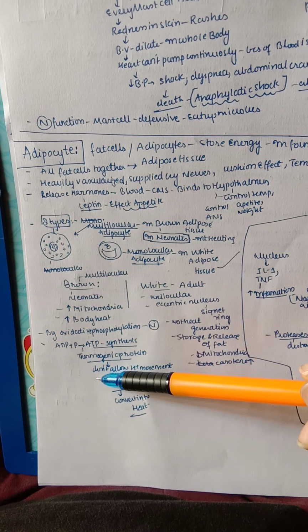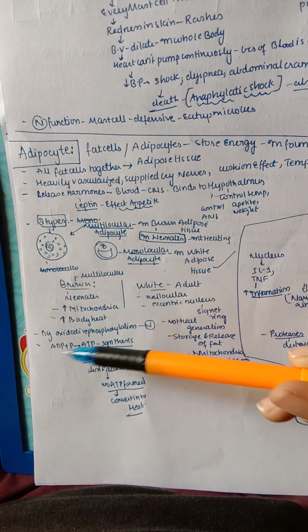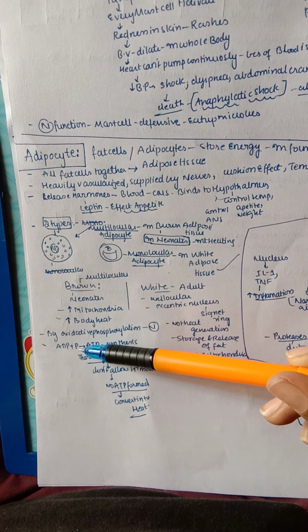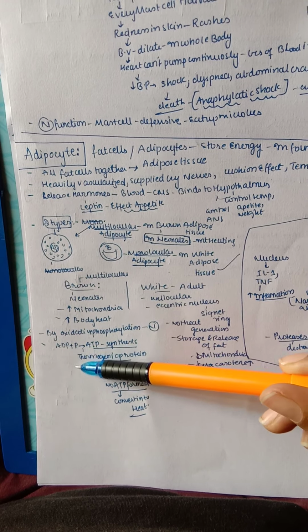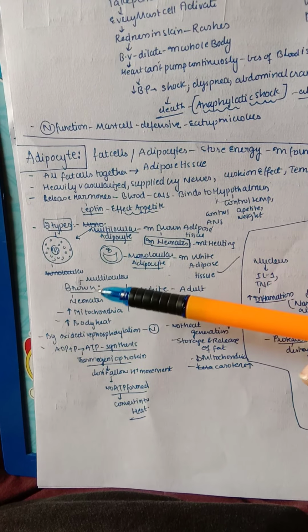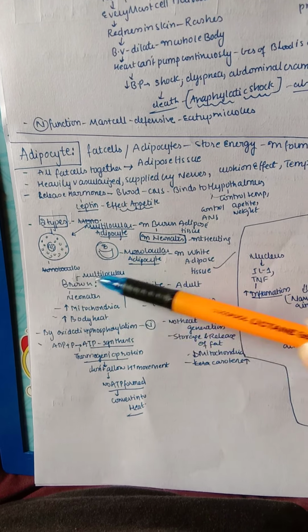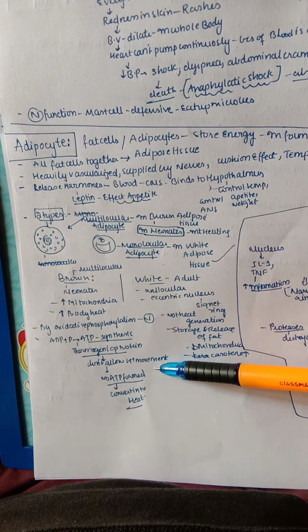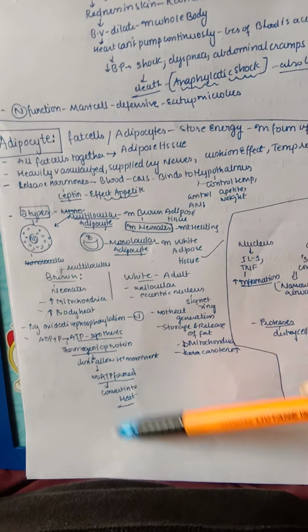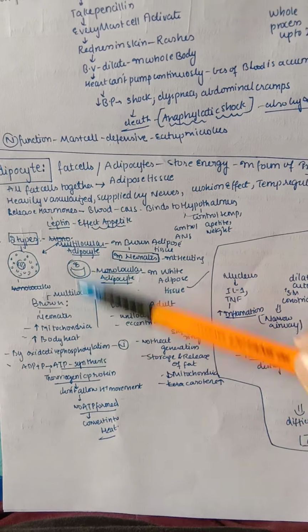Here the thermogenic protein is like a barrier to this, that stops this process and doesn't allow the hydrogen ions to enter into the pathway, so that this process is stopped. In turn, these hydrogen ions are used to store the energy so that the body heat is increased. So they don't allow the hydrogen movement, so that no ATP is formed and the energy is converted into heat. So this is the process taking place in the brown fat.